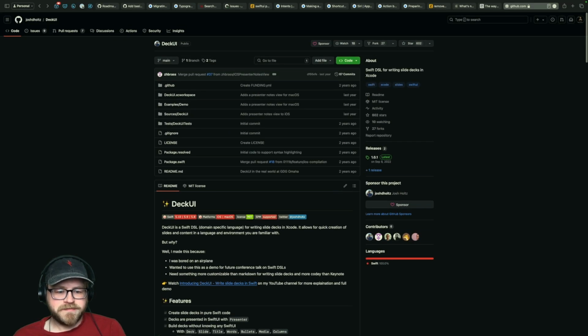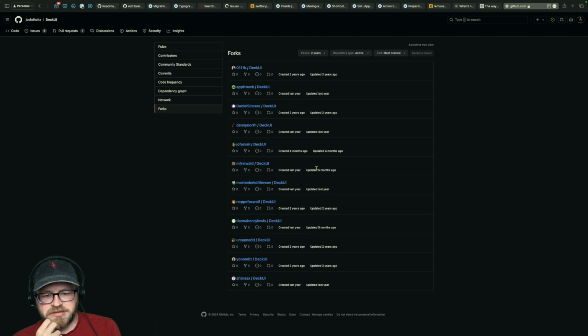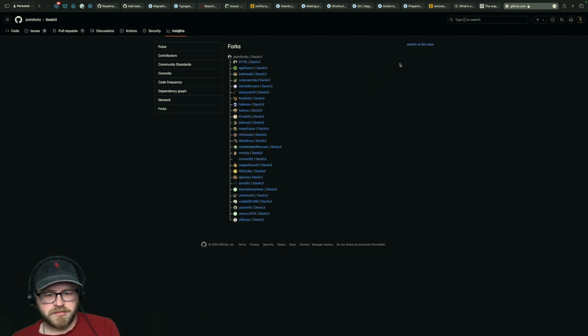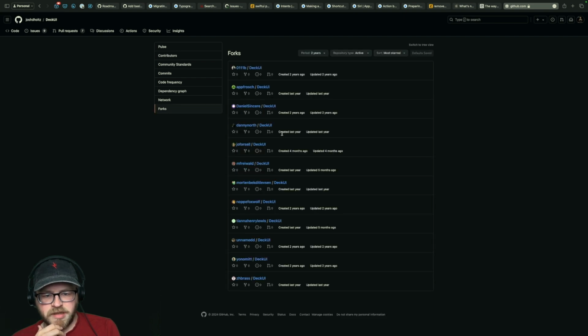Bummer. Oh well. Are there any forks of this that are maybe further ahead? Existing forks. I know I don't have any existing forks. I want to look at their... Isn't there like a graph? Oh, is it this button? Okay, some people are slightly more far ahead, but I don't know. Oh yeah, switch to tree view. That's not useful. I'm looking for people who have added stuff to this.